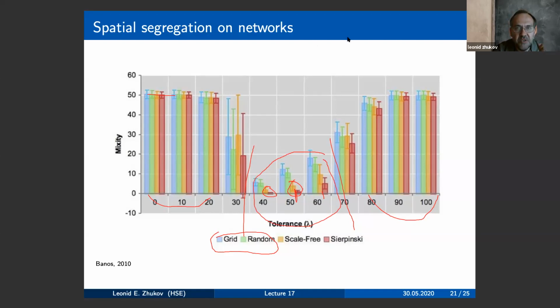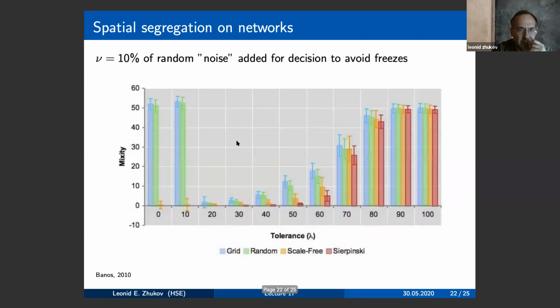Now, what's also interesting is they made one more experiment when they said, okay, look, our agents were very stubborn and they strictly followed the rules. What if we add a little bit of noise, which means the decision will be less strict, so sometimes they will decide against the rules, right? They added 10% of noise. So what they wanted to see is how stable the results are with respect to noise. And they realized that